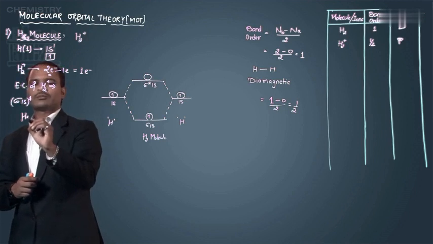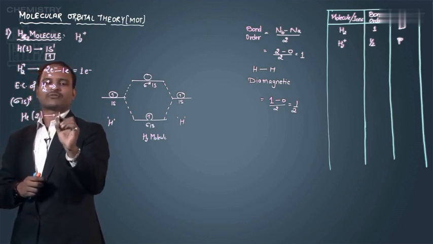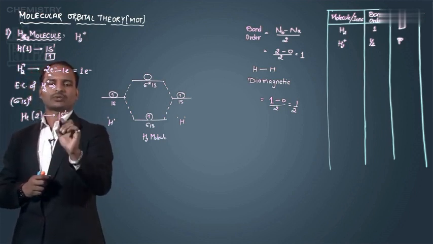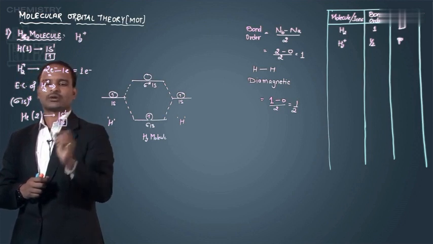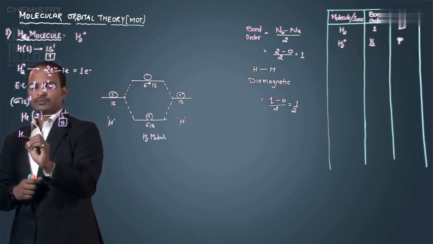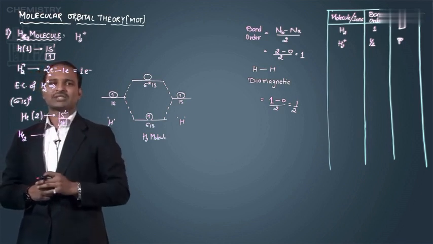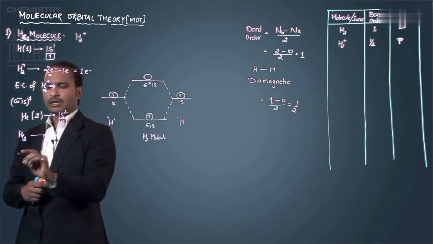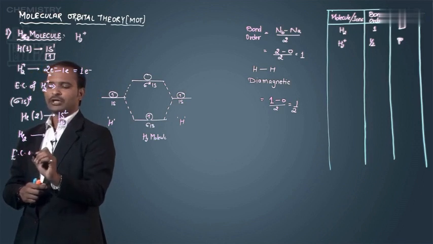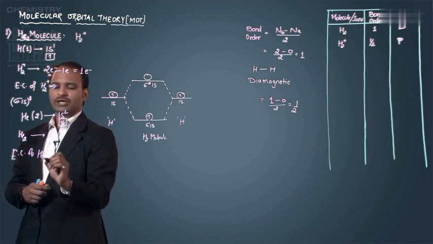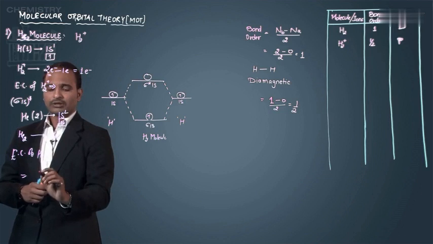He has atomic number 2, so its electronic configuration is 1s2, that means 2 electrons. Each He has 2 electrons, so the total electrons in He2 will be 4. If I am writing the electronic configuration of He2,